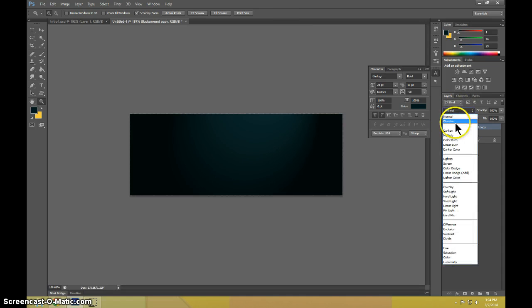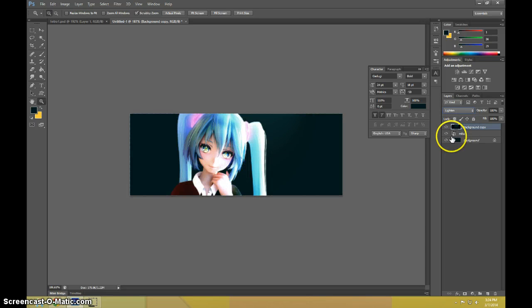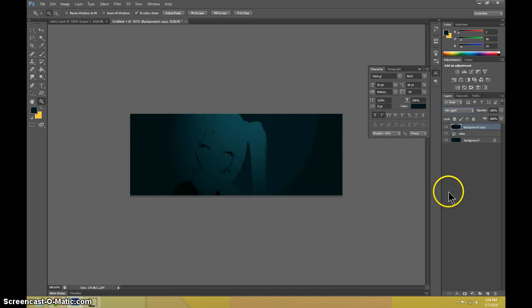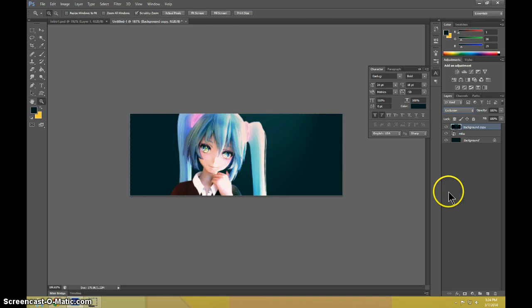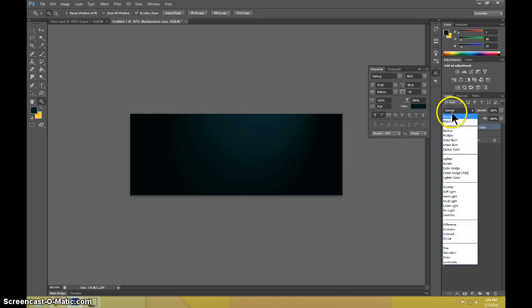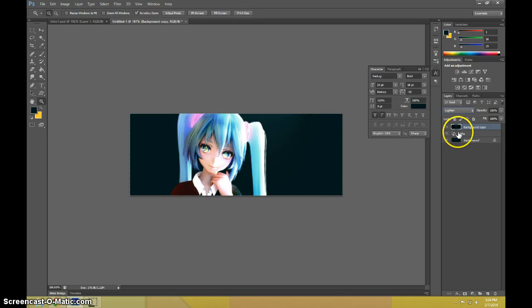Now we're going to take that layer and set it to lighten. No, maybe not. Let me see what we're going to set it to. There we go, this one. No, that's not it either. Exclusion, does that work? We can set it to exclusion. You can see that it's doing the thing with lighting. It's working. You can alternatively set it to lighten or screen as well, depending on how bright you want to